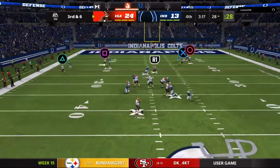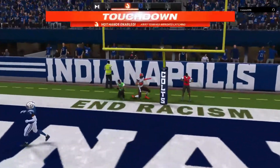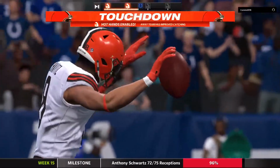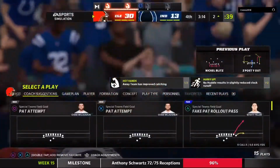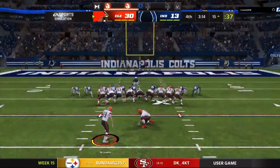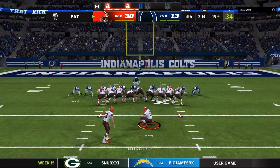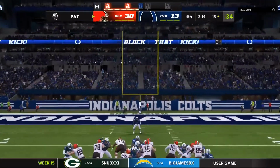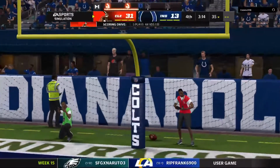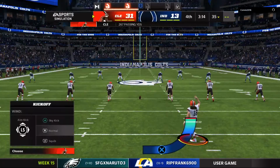Here's Murray. He's going to let it go deep for the end zone. And that's going to be caught for a Browns touchdown. Anthony Schwartz, 28 yards. And the Browns are closing in on a third straight win as they widen the gap further here in the fourth quarter. Extra point by McLaughlin is up and good. And the lead is up to 18 now. 31, Colts